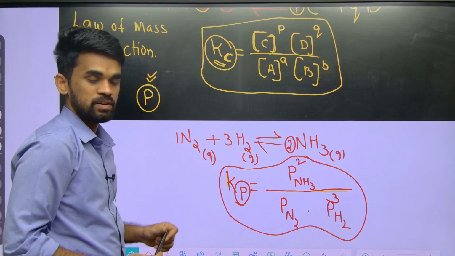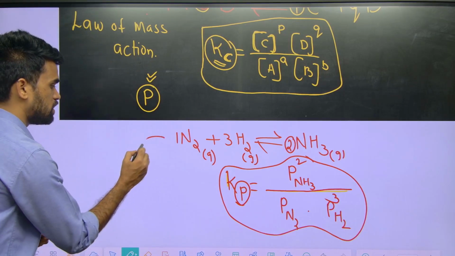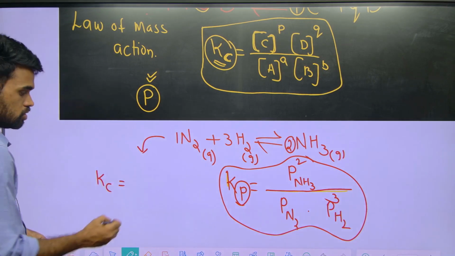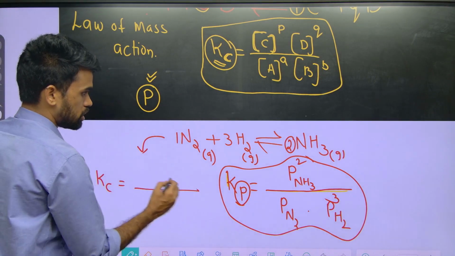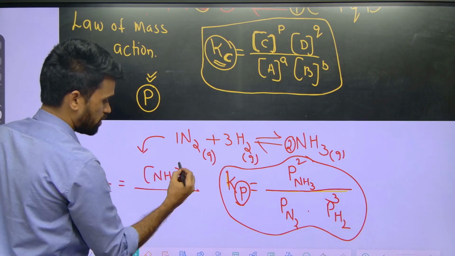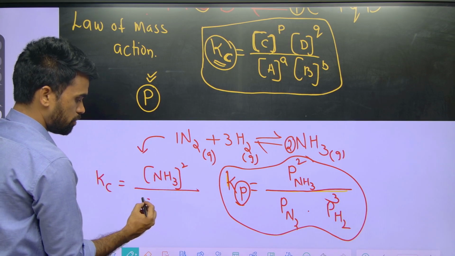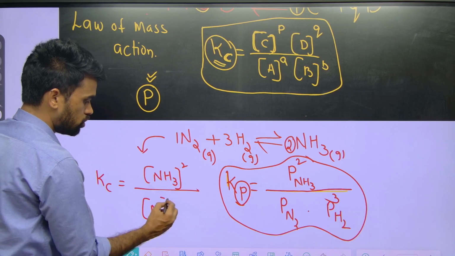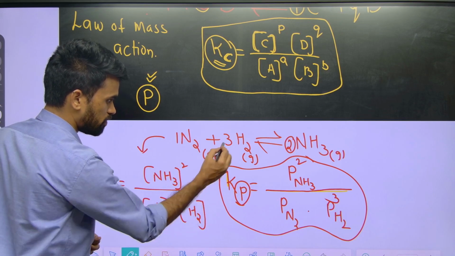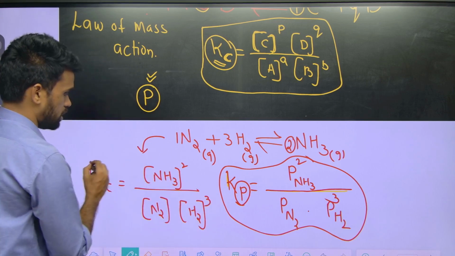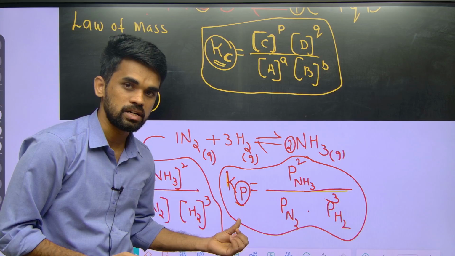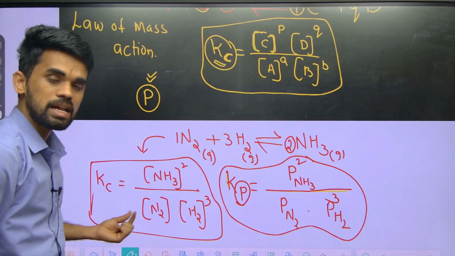So Kp is given. Now for the same reaction, if I ask for Kc, how will you write it? Kc equals concentration of NH3 to the power 2, and in the denominator concentration of N2 to the power 1 multiplied by concentration of H2 to the power 3. Okay, now you know how to write equilibrium constants in terms of partial pressures and also in terms